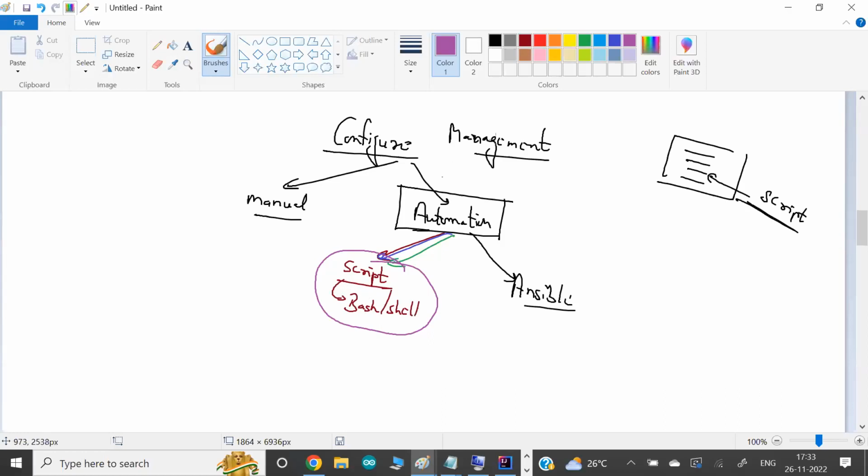They already have very mature scripts, right? Even though, those companies also want to switch their automation from scripts toward Ansible, and Ansible also provides automation, the same thing a script provides.